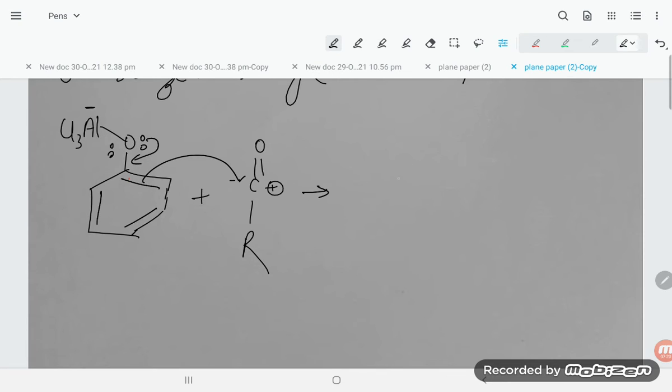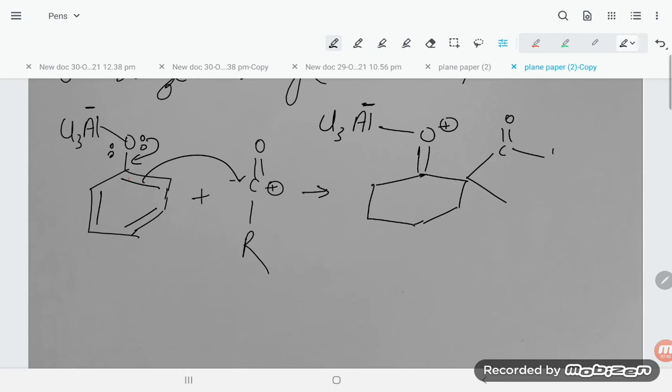Let's see what intermediate is being formed. So this is double bond O. Here will be the positive charge, and here is the same, nothing I did here. And here is what is happening, student. This is the C double bond O, and here is R, here is H. Positive charge will not come here. Where will the positive charge come, let us try to understand. The positive charge is already here on oxygen.